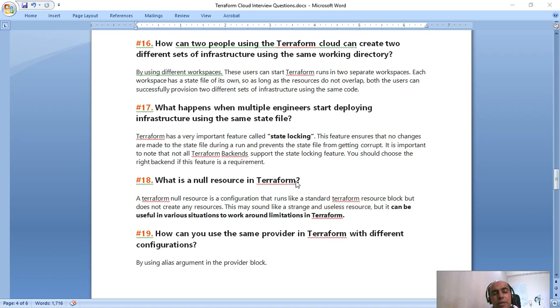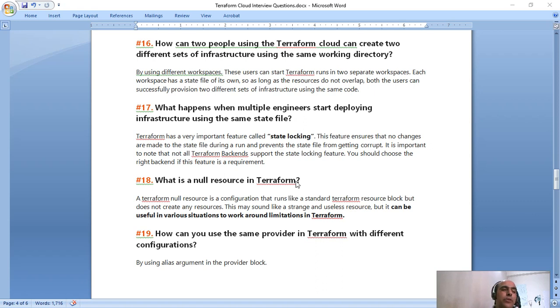If multiple people are making changes at the same time, what will happen? A conflict will come. To avoid that conflict, if one run is executing, the state will get locked. Once that process completes, it will update the state file, and then the other person can execute their changes.